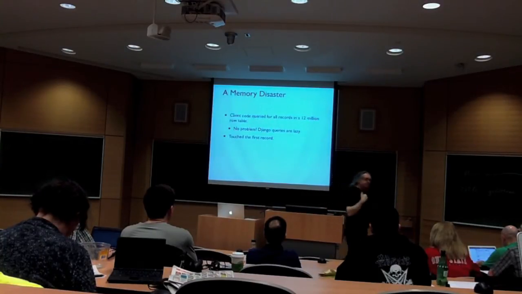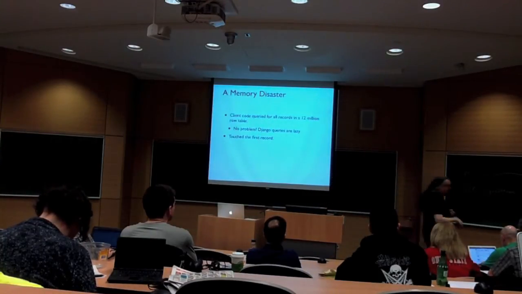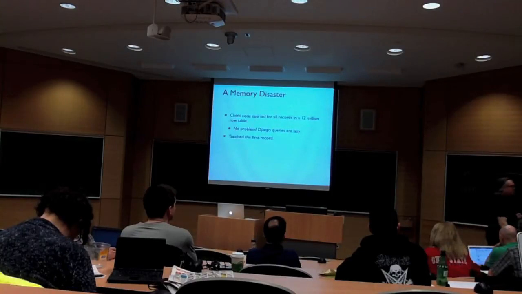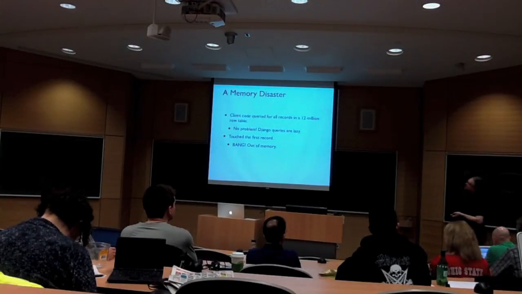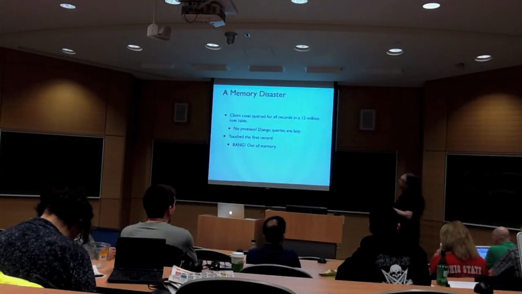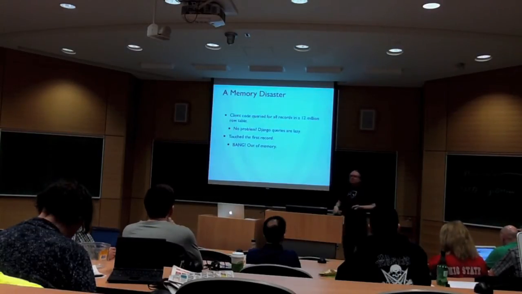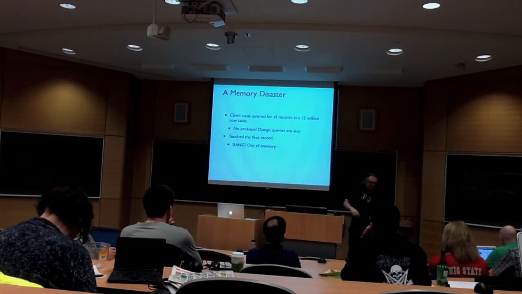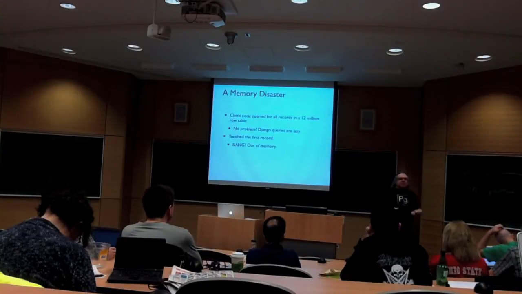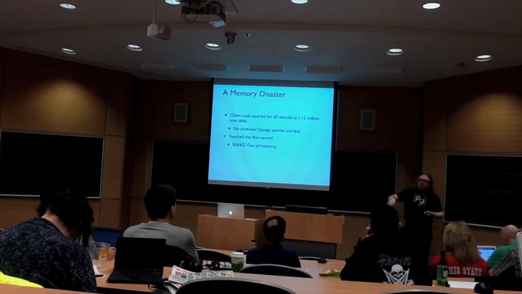So it did this query, came back, said, okay, I've got your results. It touched the first record, and bang, out of memory. Then you trace down in the code, and you see Django, layer upon layer, I'm picking on Django, but that's only because I have the most recent experience fixing Django problems. Layer upon layer, Django was trying to do the right thing. It had generators upon yield operations. It says, I'm only going to get the first 20 records, and the first 20 records, all the way down through to